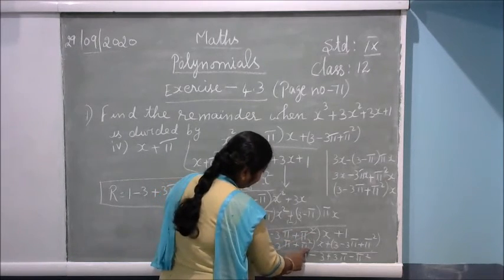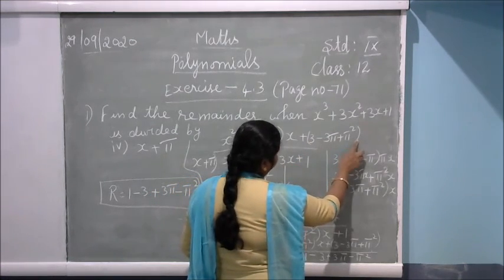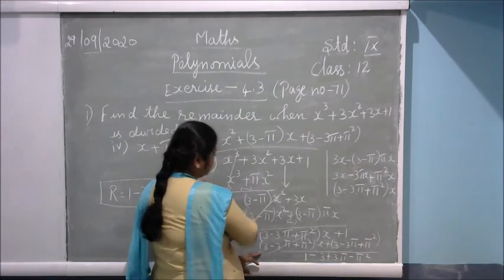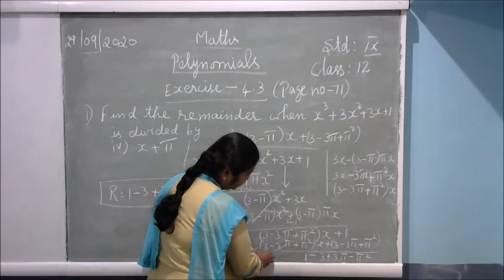Okay, with the same thing we have to multiply the next term. So what you have to do? The same thing I have written here. With the x you have to multiply. So if you multiply with this number and this number, you will get the first term like this. And afterwards with the subtraction sign. So here you will get the answer.